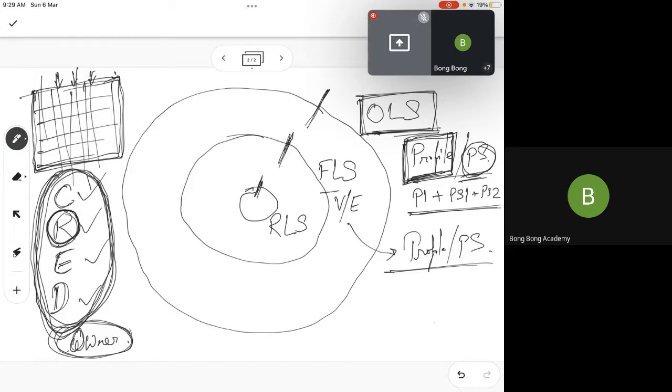A table has another permission, which is called row wise permissions. What is row wise permission? Row wise permissions means what is the permission for the records that are not owned by me. The permission for records owned by me is already defined in OLS. The permission I have on records not owned by me is defined by RLS, that is record level